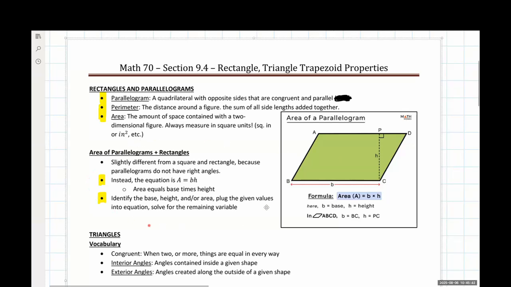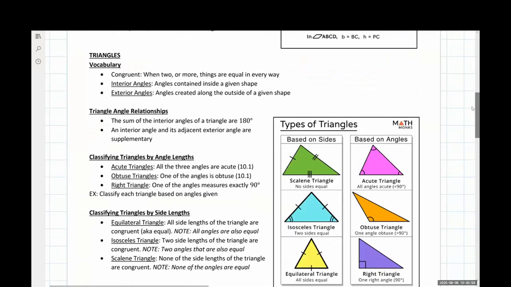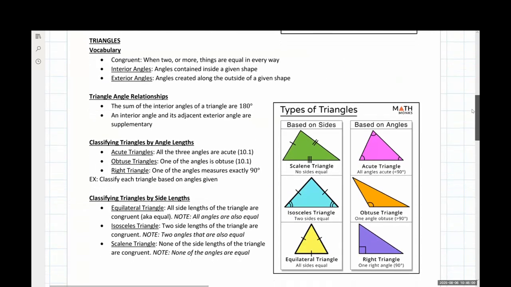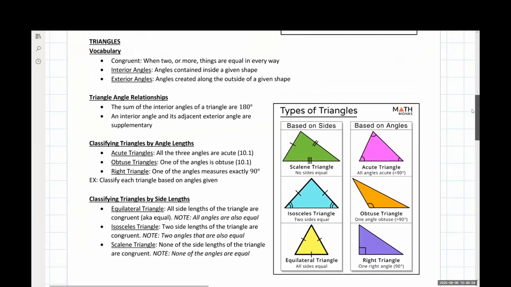So we'll take a look at a couple examples with this later on. I do want to go through the vocab and the equations for things first, and then we will jump over to more examples and go through those. So jumping into triangles, because there's a whole section on these, and I'm going to try and get all of this in one part on the screen, hoping. There we go.